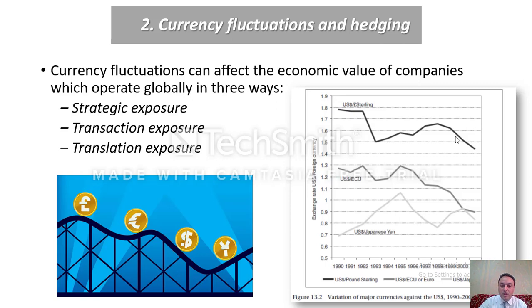You can see the fluctuation, the ups and downs in the exchange rate of the foreign country to the US dollar and so on. All these currency fluctuations, especially for companies which operate globally in many countries, so they deal with many currencies and so on,